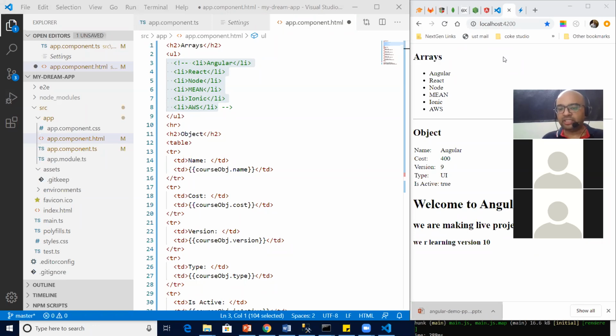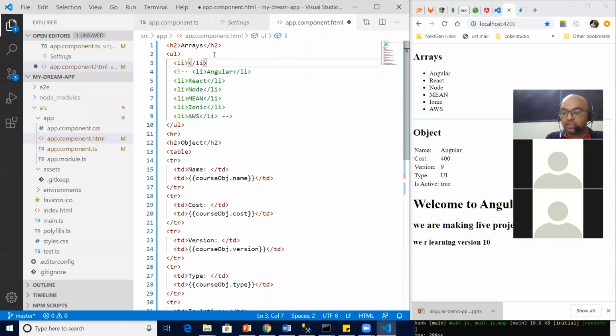Quickly. We have 15 minutes left. Okay. So we all are in agreement that we need loops. Correct? So let's try the loops. So I say li. Loops means I need some inbuilt functionality. It's a control statement, so there must be a directive. So what is the directive I told you? *ngFor. Asterisk ngFor is a syntax, so you have to take it as it is. So asterisk ngFor, I say let is a way to create a local variable. So I say let i. In your books, you have seen these for loops, right?